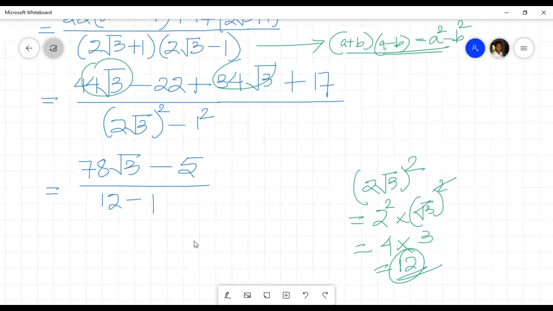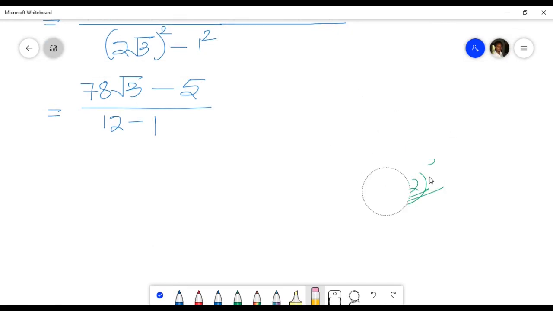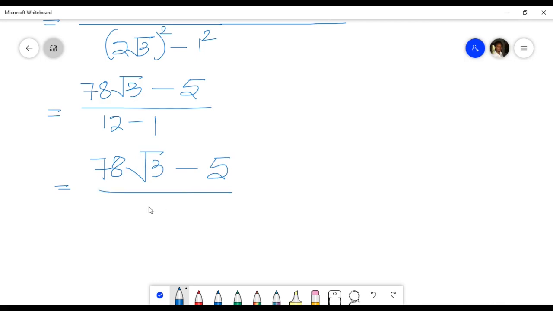And we can just write this expression once again, because we have to subtract the denominator. 78 root 3 minus 5 divided by 12 minus 1 is 11. Right, quite simple, and we have simplified it. You can just go back through the video and see it. So this is the answer,